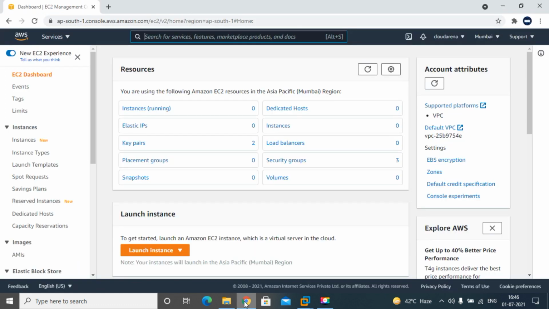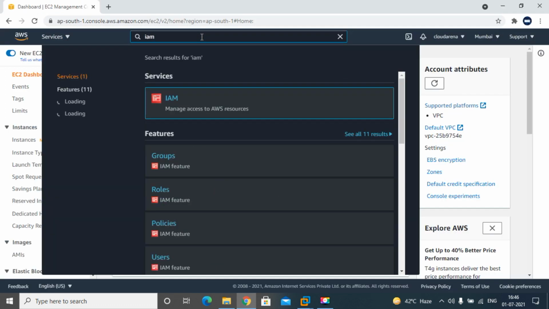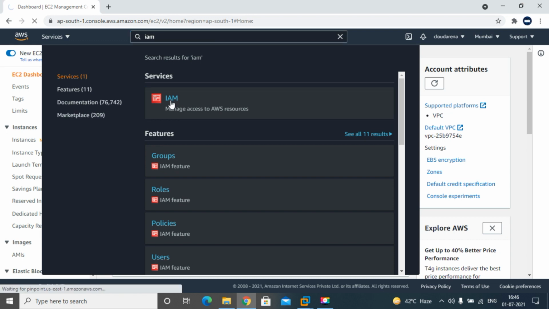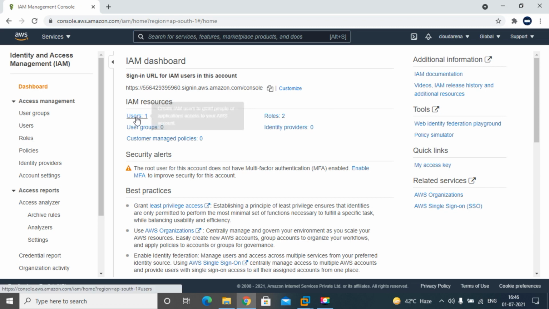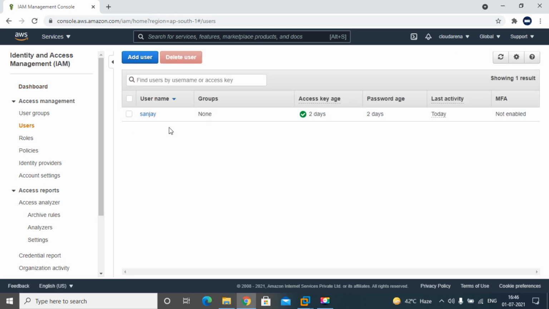Like, I search IAM, click on IAM, click on users. I have a user Sanjay, and I have already downloaded the credentials of this user. This user has full rights, so you should not share the access key and secret key with anyone. Okay, now,